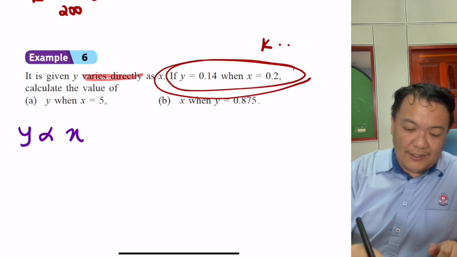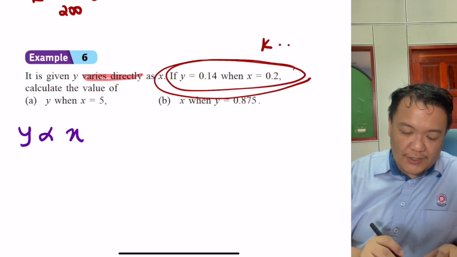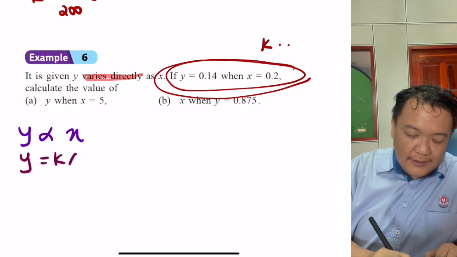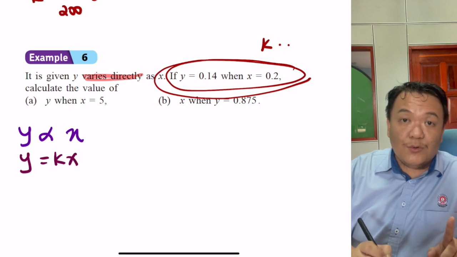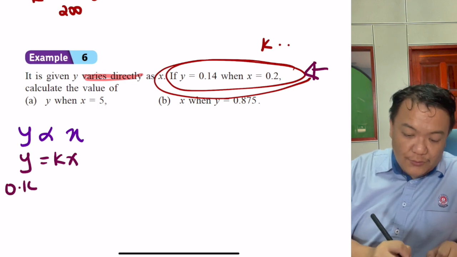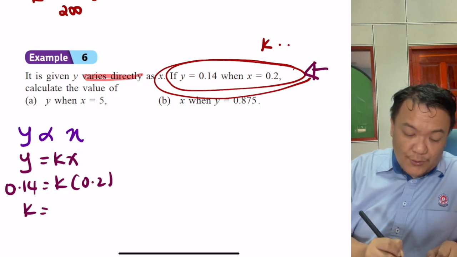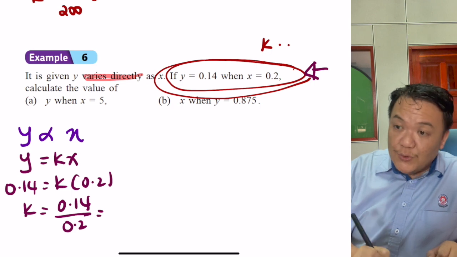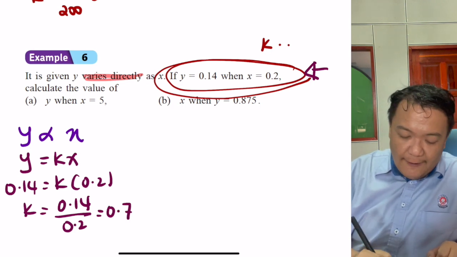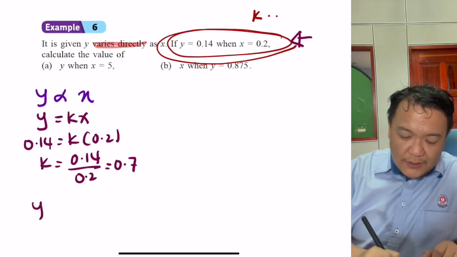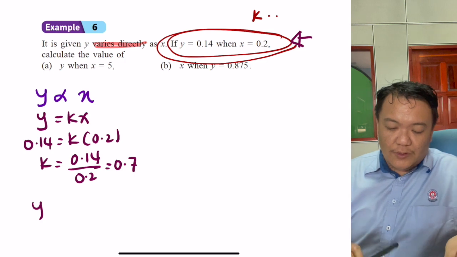Boleh? Okay, so try to solve the first question. Okay, so we know that, okay, before that, okay, y is equals to kx. So to get the value of k, use the given information. So y is 0.14 equals to k times 0.2. So k is equals to 0.14 divided by 0.2. So press your calculator, you will get 0.7. So you know that y is equals to